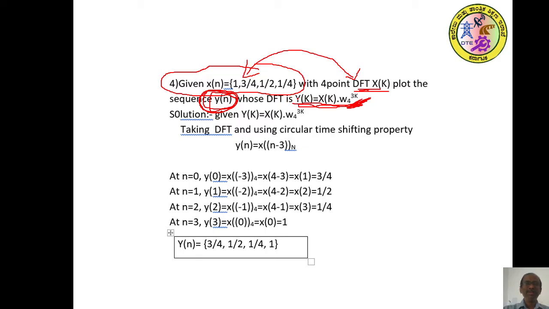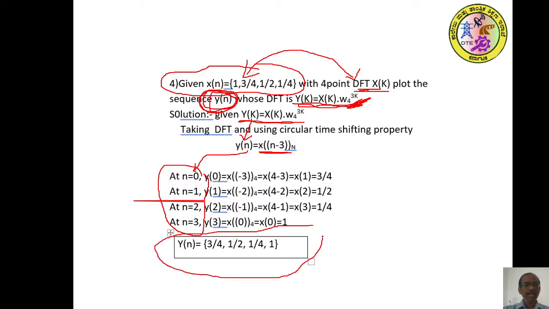So very simple concept. Write down this formula, apply IDFT on both sides. Y of k will have an IDFT of y of n. Only x of k will have an IDFT of x of n, but it is multiplied by an exponential, so you are supposed to perform shifting in time domain. Multiplication by an exponential in frequency domain becomes shifting in time domain. Finished. Now start substituting different values of n from 0 to 3. Evaluate this, you get an answer, put it down here. I am leaving this calculation for you.